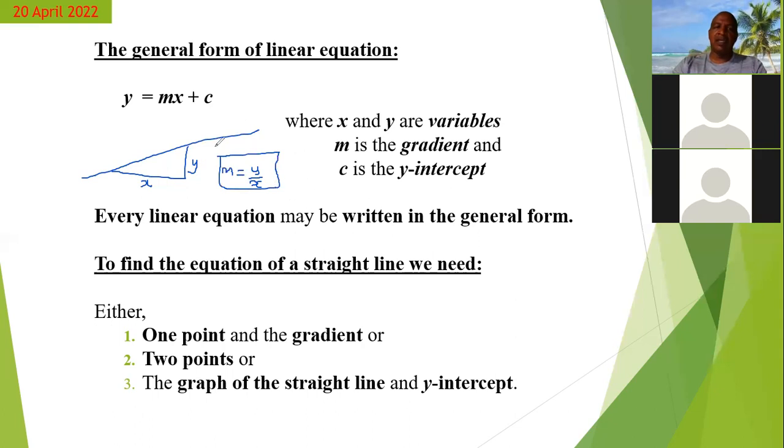So what it means is that with a straight line, you can look for where the line cuts the y-axis and you will find C, and you can use the construction of a right angle triangle to that straight line, find the x value of the base of the triangle, find the y value of the leg of the triangle, put those values in this, and then you get m. And so you would know what m